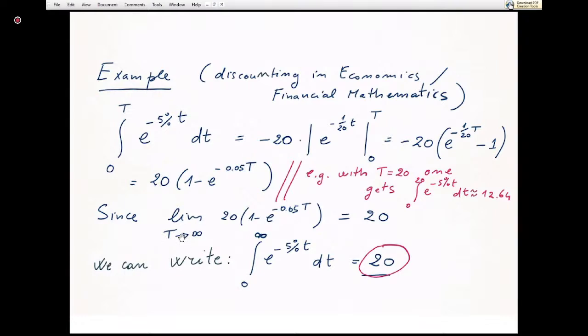And if the flow lasts forever, which is the meaning of taking this limit, one would say, okay, it's infinitely many euros. No, infinitely many euros is the nominal value. The present value is just 20 euros, okay? So what really matters is basically the first few decades in this kind of computation. And of course, the result depends on the rate, on the interest rate. Because the larger the interest rate, the smaller the result. And the smaller the interest rate, the larger the result, okay? The interest